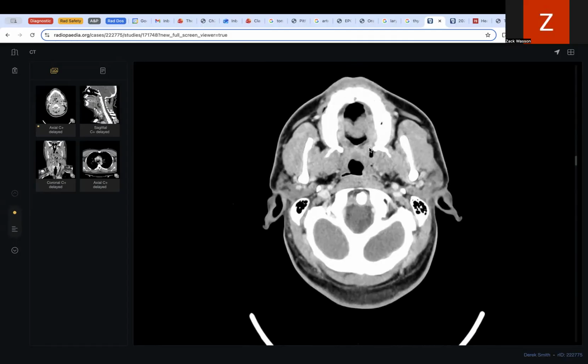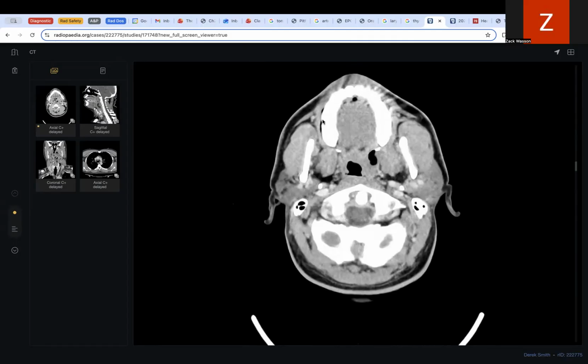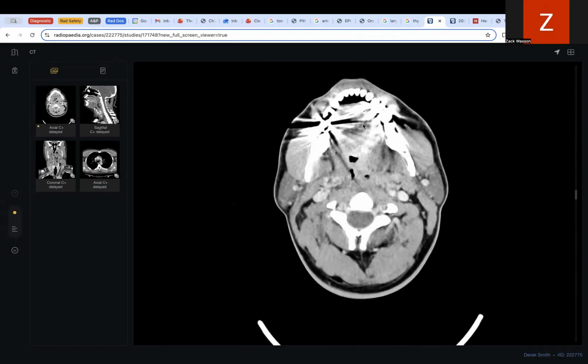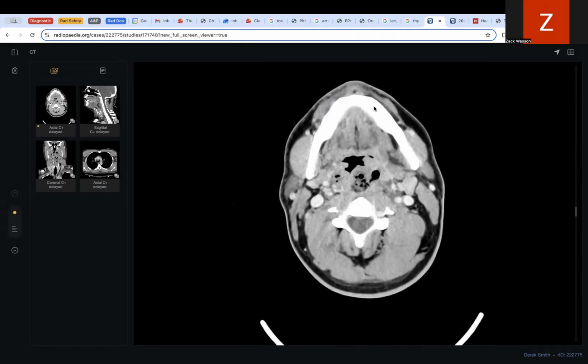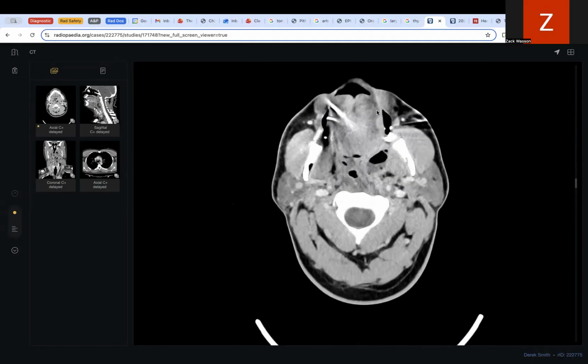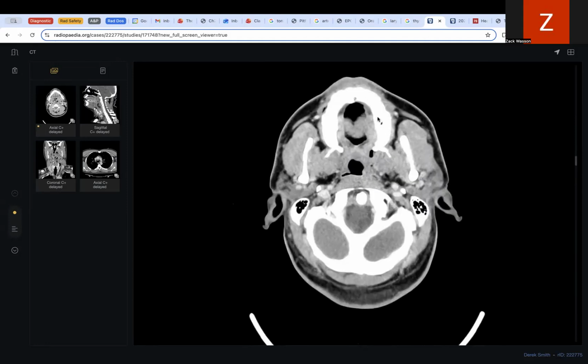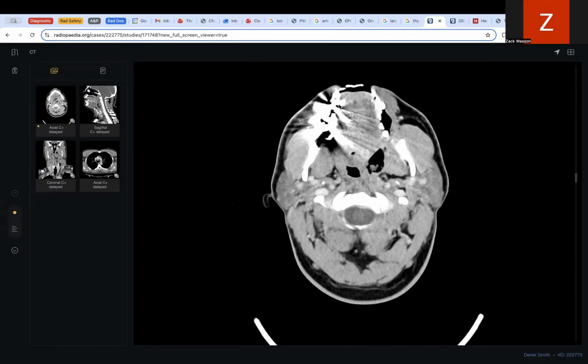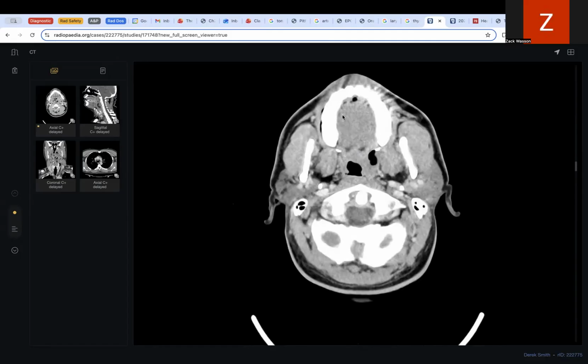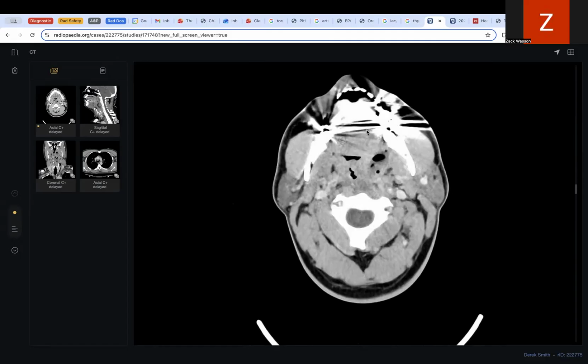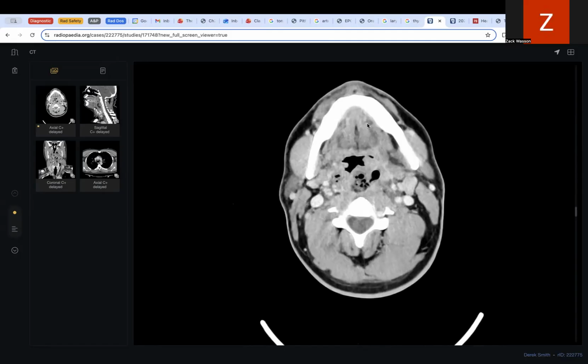And as we move down, you can see the maxilla here, and then the mandible. And it looks like we may have some metal in the mouth because of these artifacts. We just learned about that in our imaging class, that we might have some artifacts here on this CT image. But that's okay. As we move down, we can actually see some of the portions of the tongue here on this axial view that we couldn't see before,